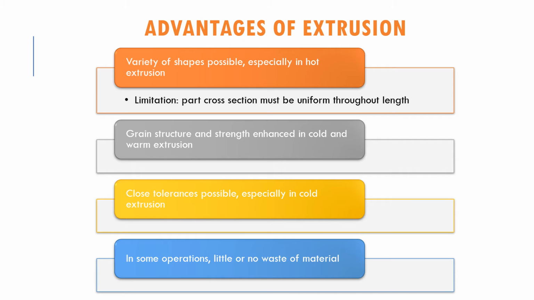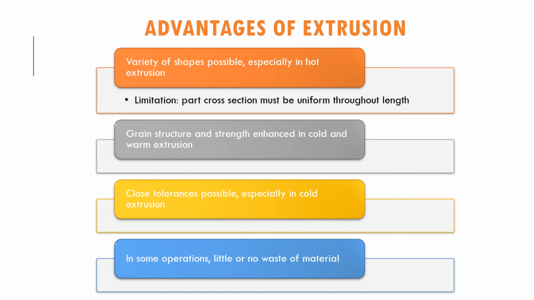But the limitation will be part cross section must be uniform throughout the line. You cannot change the shape of the workpiece in between of the operation. Okay, so the grain structure and strength will be enhanced in cold and warm extrusion. It can also create a very close tolerance, especially in cold extrusion, and in some operation, little or no waste